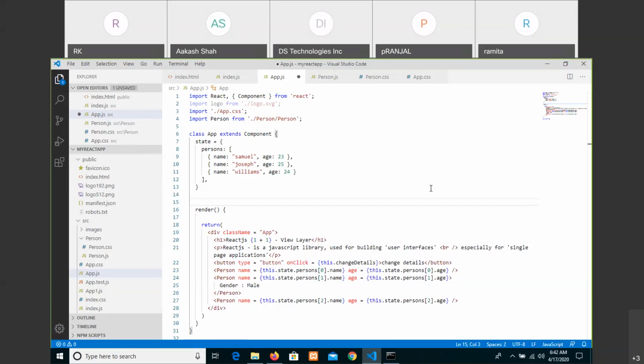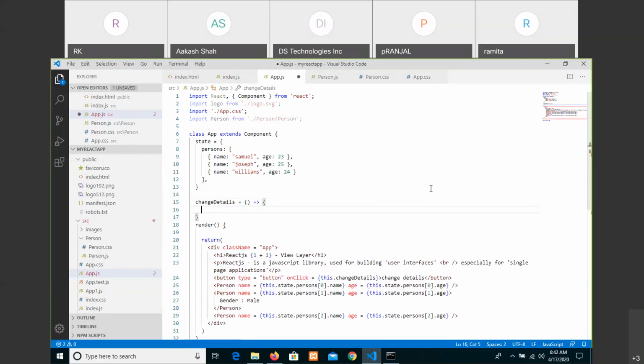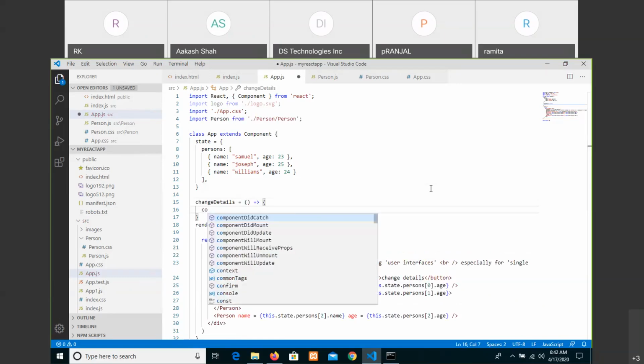Now change details, and that equals to, that is what we can also write, a method with an arrow function. And then for the time being, let us do one thing,